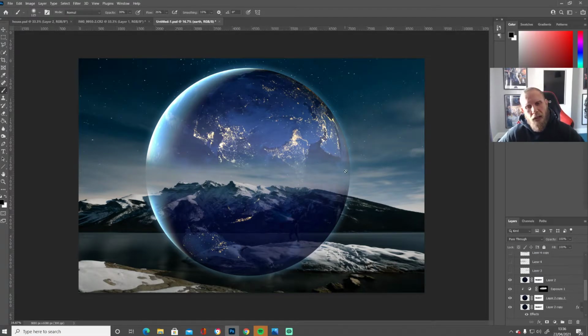And then also, as you can see, we've got this beautiful glowing edge around the outside. Obviously I wanted to give it a bit more depth. I wanted it to stand out a little bit more rather than just the Earth being plonked up into the sky. Obviously with planets, when you look up into the sky, the planets are pretty much just sat there. But we want to give this one a bit of a glow